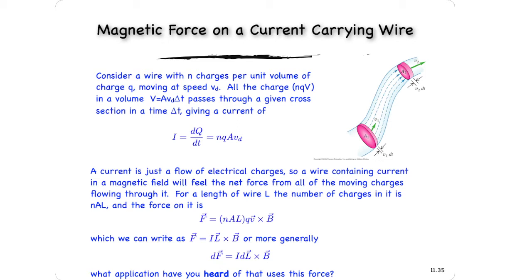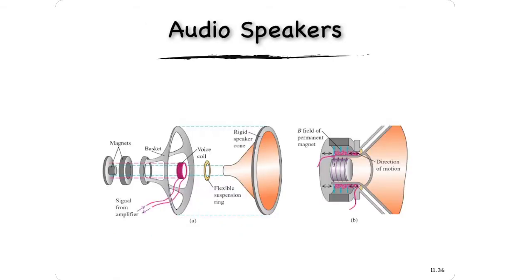All right, so current in a wire experiences a force in a magnetic field that can move it. Can you think of any applications for this? Maybe some that you've heard of? Some that you're looking at right here? So a loudspeaker or speaker